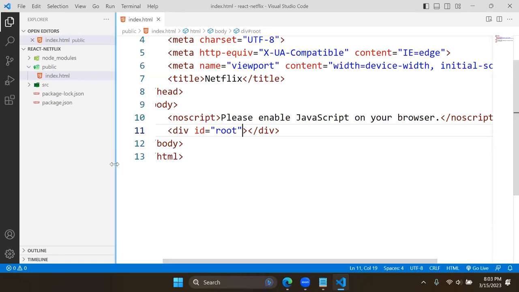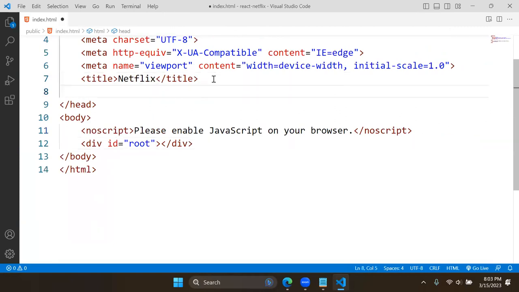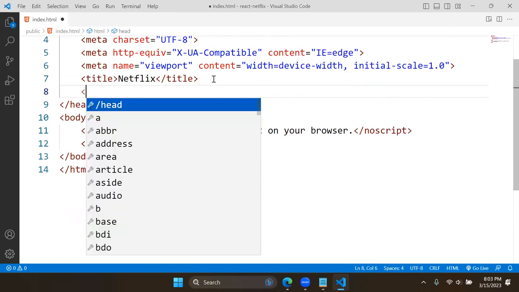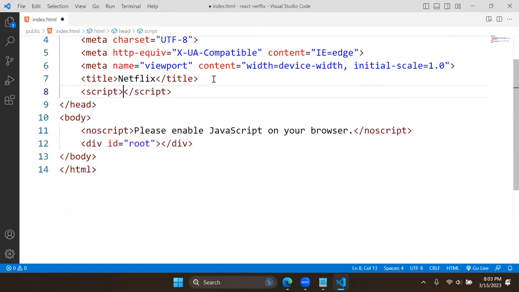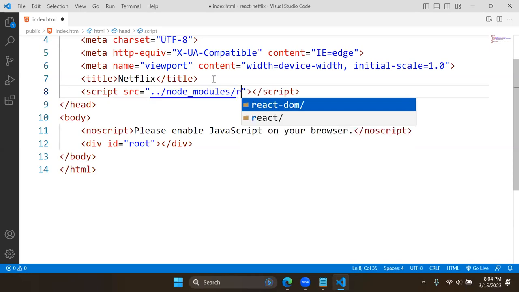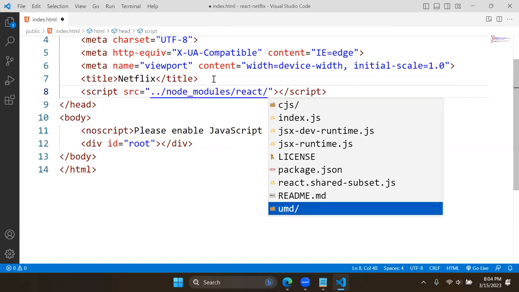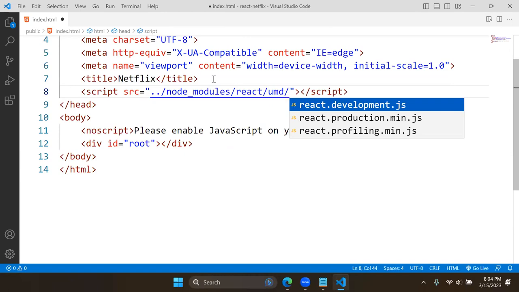Okay, now some more things you have to do. You have to link the files. You know how we link the files? That means we need to link the files here. Let's see how we link the files. What are the files? First, we need to put a script, and the script source is in node modules. And in node modules, first we need to import React. In React, not CJS, our module system is UMD. Yesterday I told you about the module system. In that React